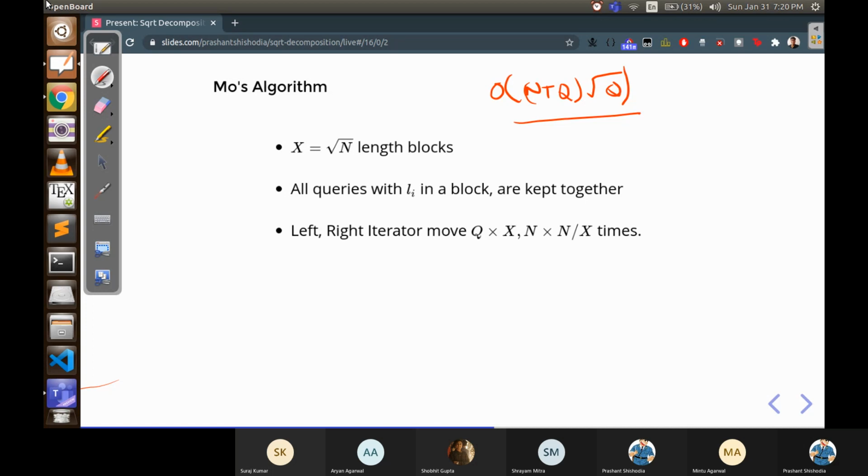Okay, sorry. It's not n plus q root q, it's n plus q root n. That's problematic. N plus q root n is actually problematic. Okay, so the thing is, it's not optimal, because in many problems, when you are supposed to process very heavy queries with high overhead, you are maybe given n equal to 10 raised to 5, 3 into 10 raised to 5, but q is equal to 10 raised to 4.